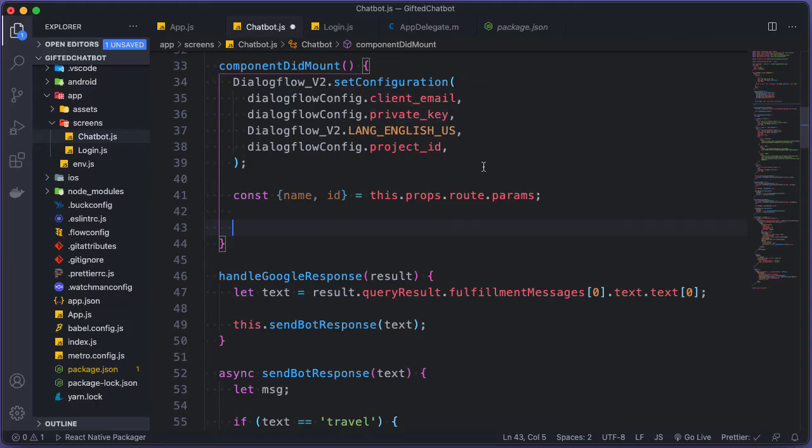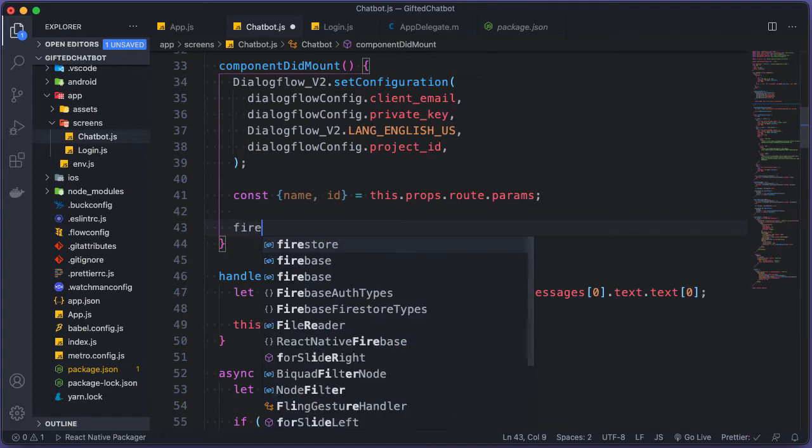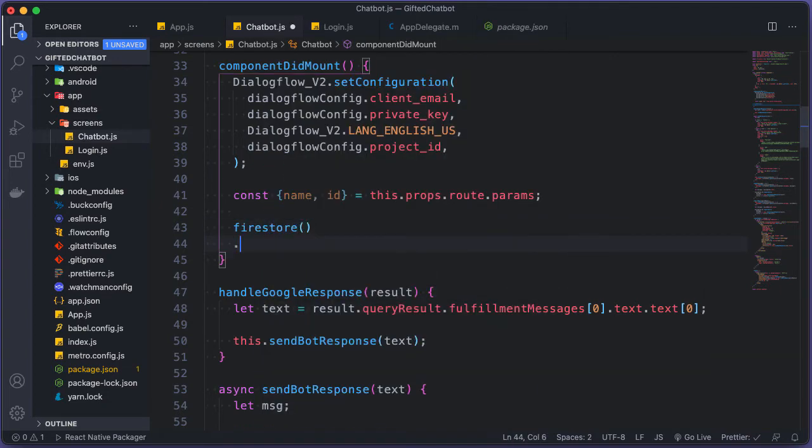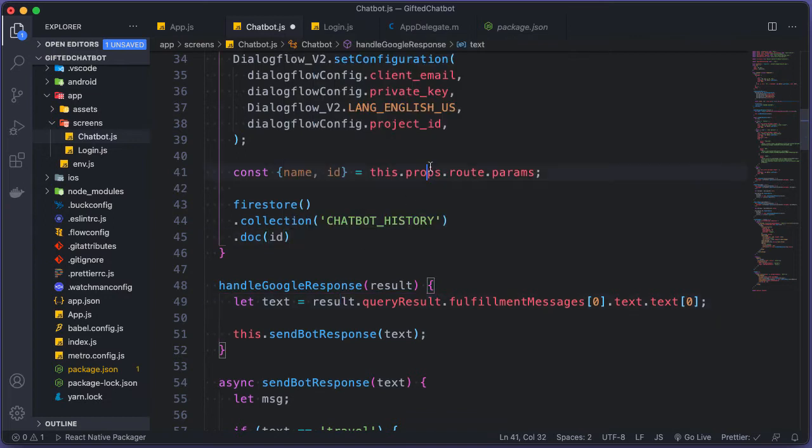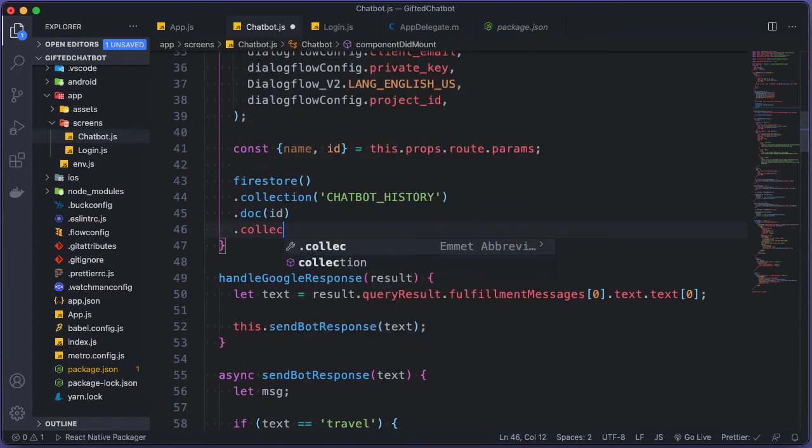So in componentDidMount, we will check first if there are previous messages in our database. If there are, we are going to download them onto the screen. So to do that, you need to use firestore.collection. We don't have this collection yet. If we don't, Firebase will create this collection for us automatically, and then we're gonna create a document with the ID belonging to this user, okay, so that each document is unique. And then we're gonna create another collection. We're gonna call it messages,